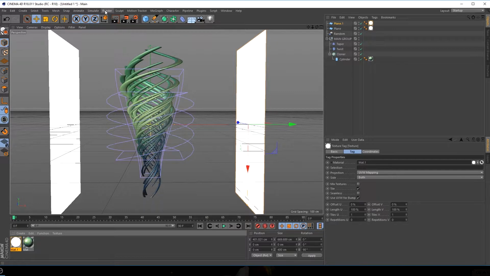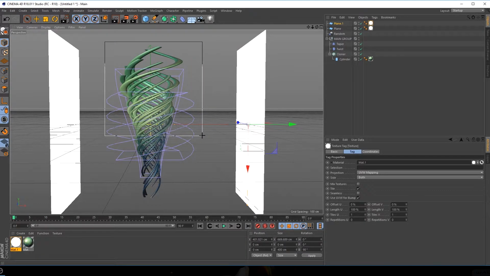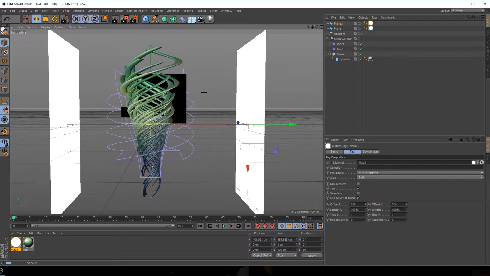And now if I select render and render region, so that we render only the region that we want to see, I can just create a square or rectangle just like that, or select the area that I want to render, and it's going to render just that particular region. So you don't need to again and again render the complete artwork. So now you can see we have some really nice reflection on the edges,